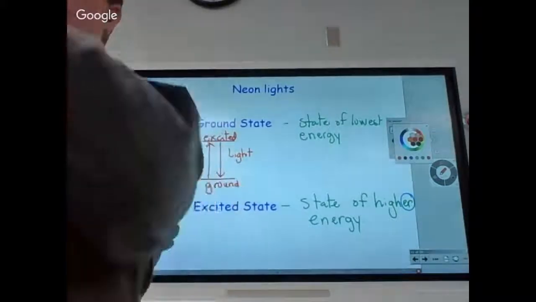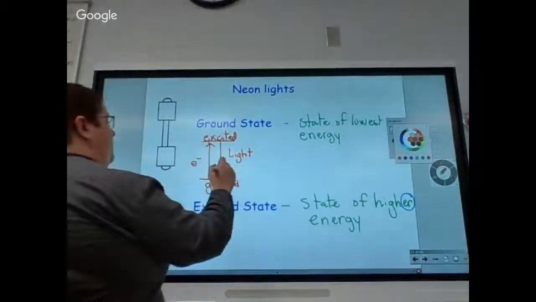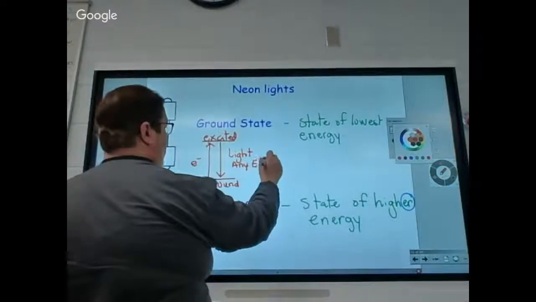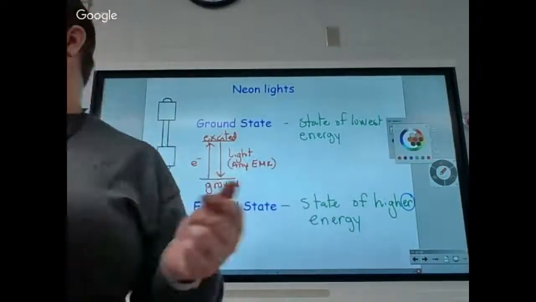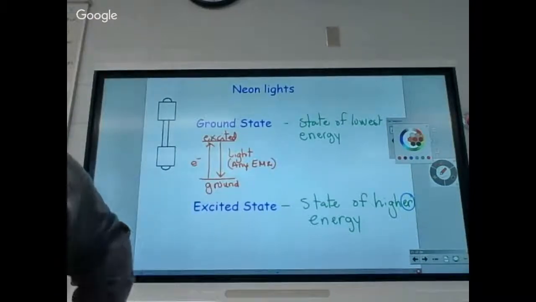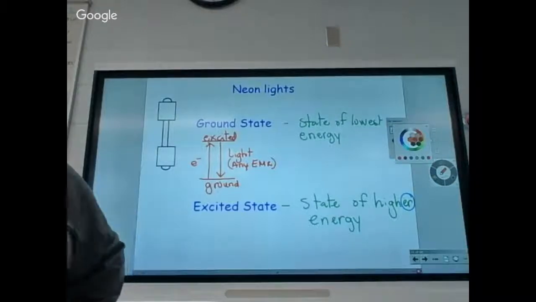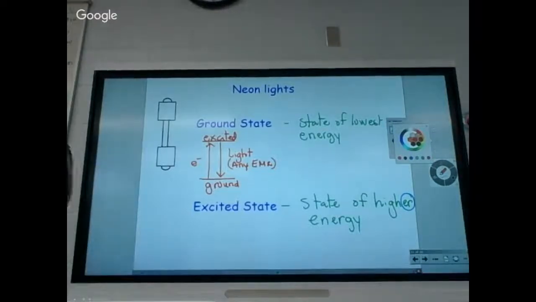Now, does it always have to be visible light, though? No. So this could be any type of EMR. But if I picked any other kind of EMR, some of y'all would be like, Tomas, how do you know that's actually giving off that? And I'd be like, I don't know. They said it was. All right? So I picked something that when Tomas or Andy asked me that question, I could go, because I could see it. All right? So I picked something this time that I knew was there.